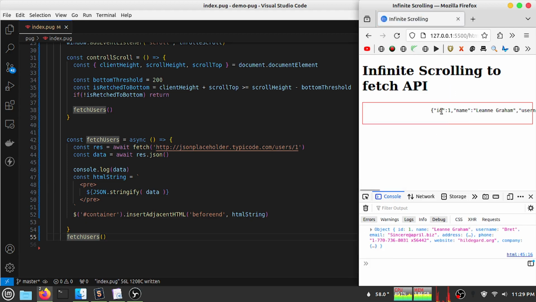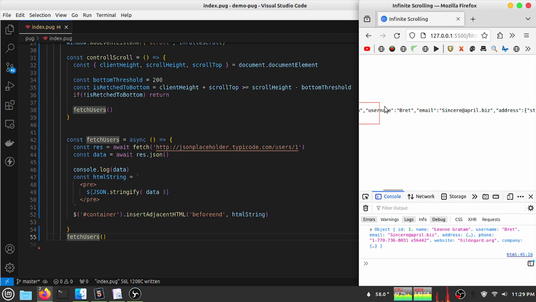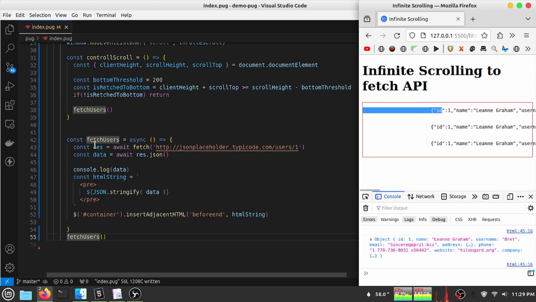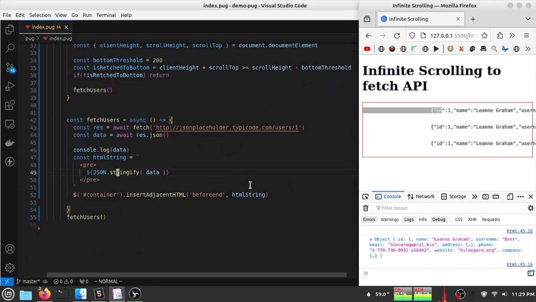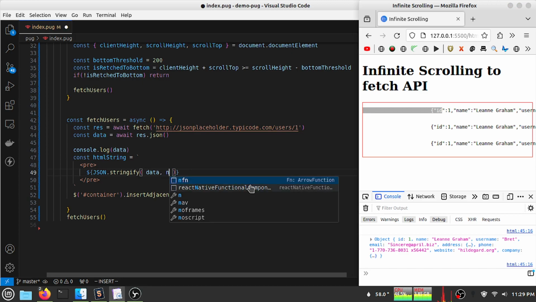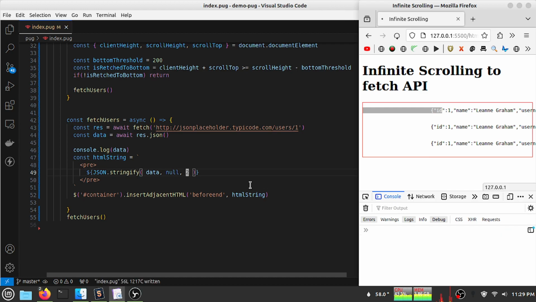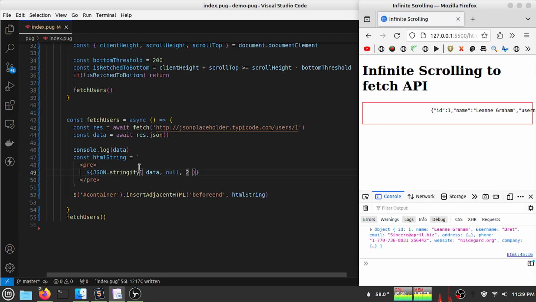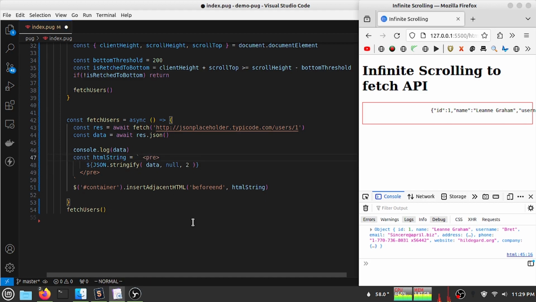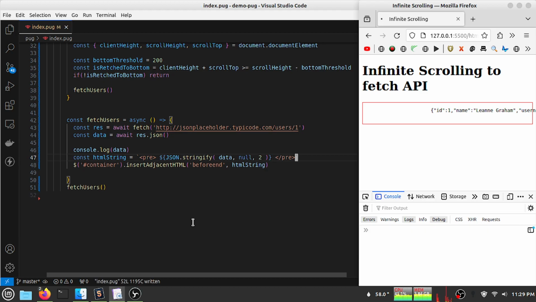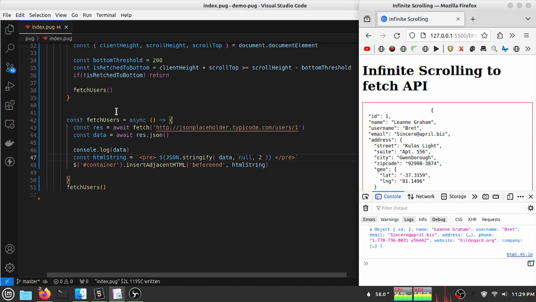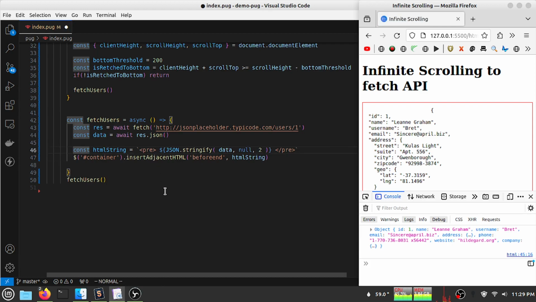Now our text is a little bit longer, so let's format the text here. For that I have to use a third argument. It will be 2. If I do so, where does the space come from? Actually the space comes from here. Let's remove the space. Now actually let's remove the log. Now we can see